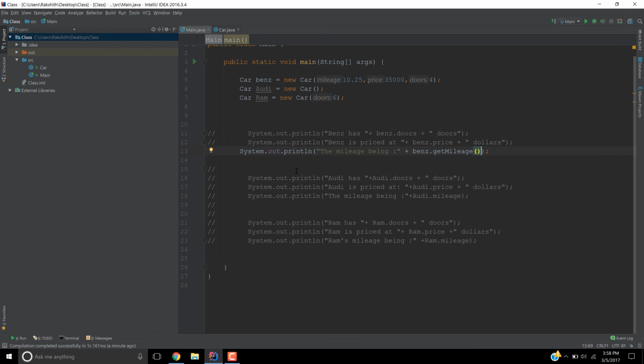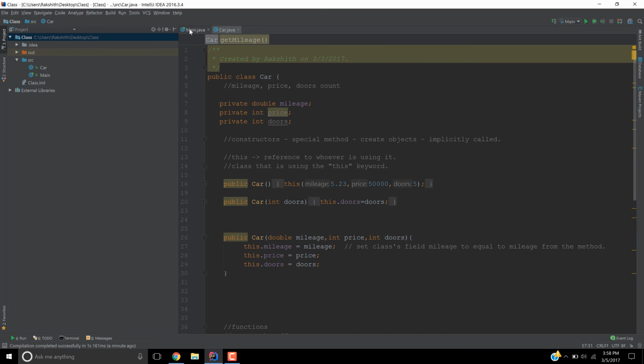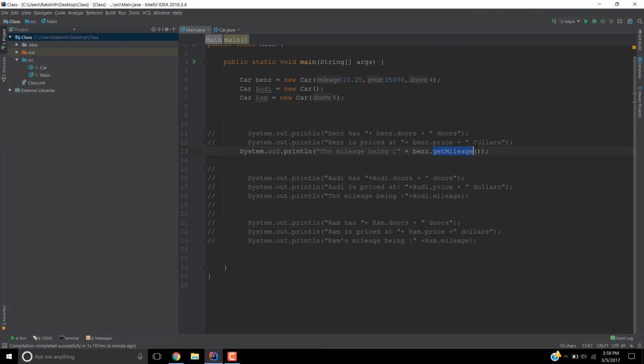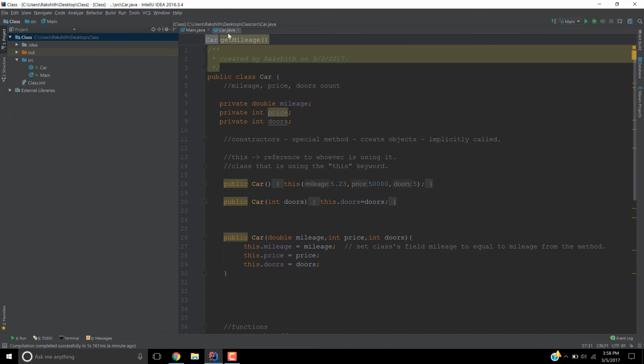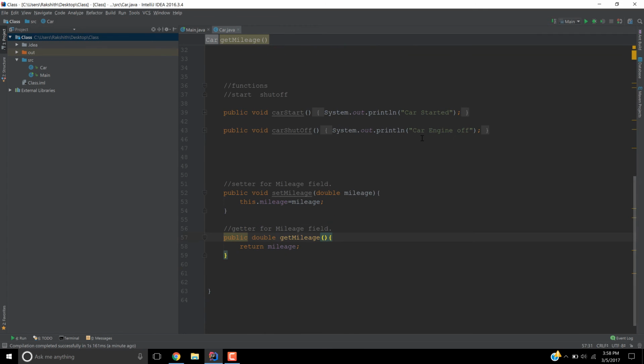Now, why do we even want to do this? You can ask me, Rakshit, why do you even want to consider doing this? Because if I just use the parameter like how I used to previously, if I say benz.mileage, it's going to be good, right? Why do I want to create a function? Why do I want to access it? And why do I want to do all of those extra works? Well, the answer to your question is,